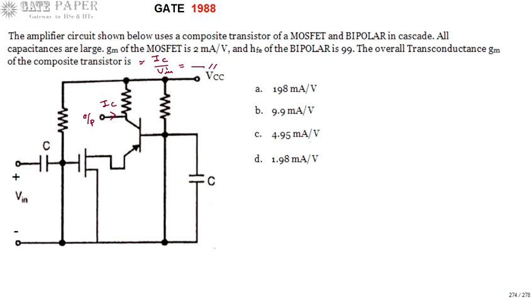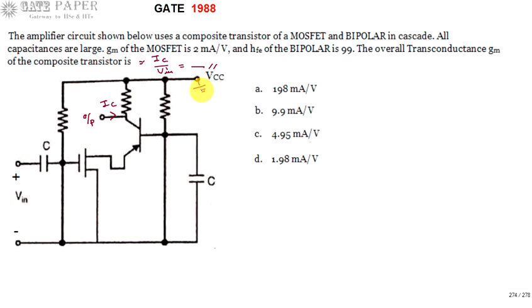Any DC voltage, if present, will act as a short circuit, because AC analysis is nothing but applying a small signal. That small signal is going to produce variations at different places. Those variations we have to consider. Whether you are applying a small signal or not, the DC voltage doesn't change. So there will be no change in the DC voltage. That's why the change in DC voltage is 0. That makes VCC be treated as ground.